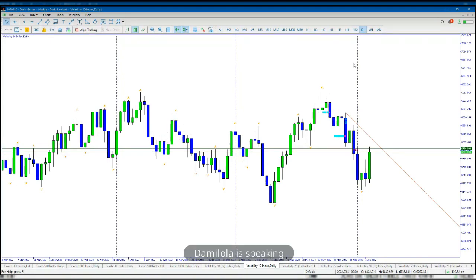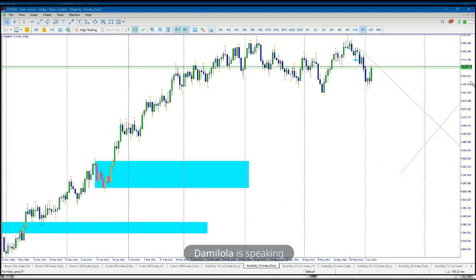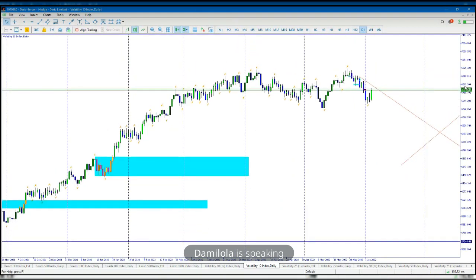So if you had seen this, the H1 structure that you were looking to play did not appear on the daily time frame. So you wouldn't have sold from there. Rather, you would have been looking to sell from maybe that daily smart money cube or the daily institutional candle. So what you guys were playing was internal liquidity, and because price is fractal, right?